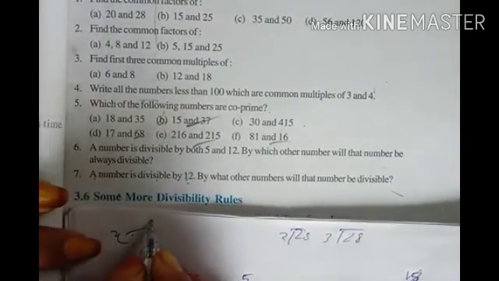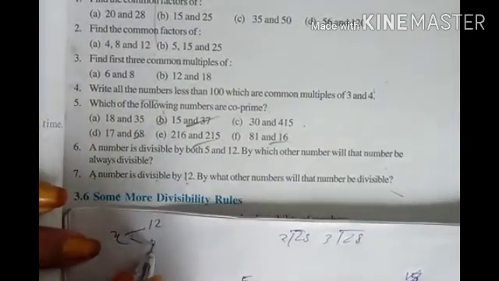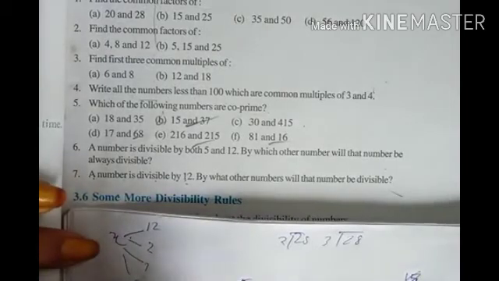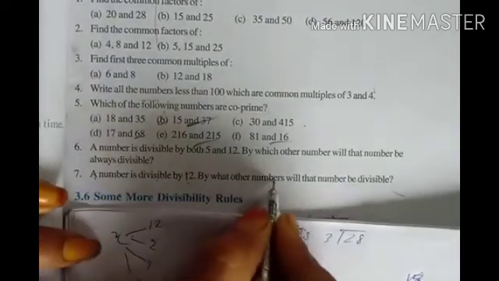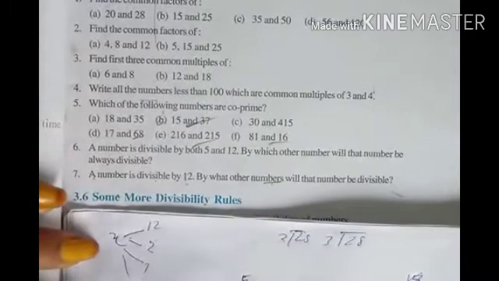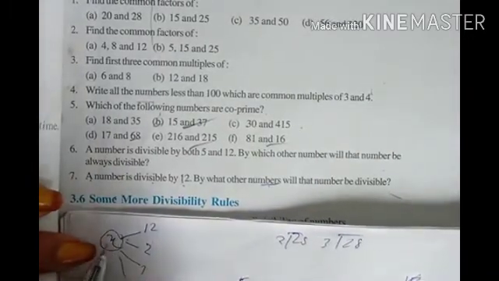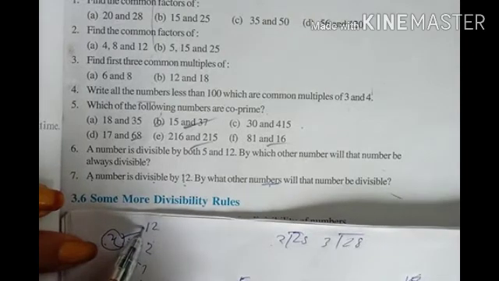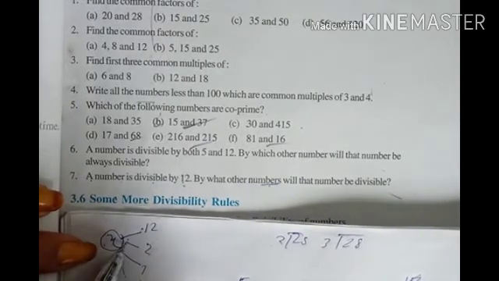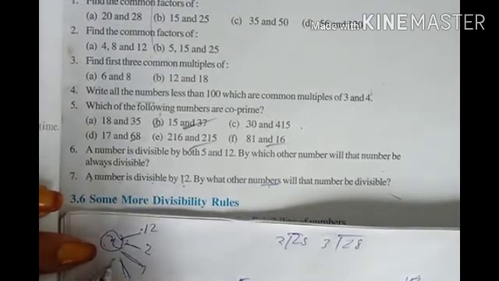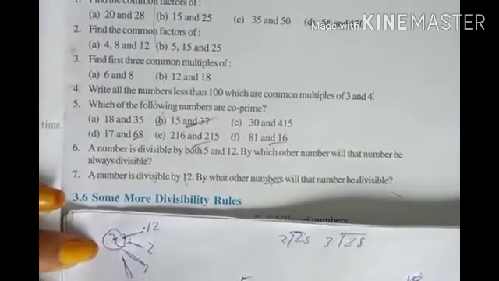Suppose this x is divisible by 12. Now by what number will this number be divisible? Here it is written numbers, isn't it? So there should be more than 1. So this is one number, and this number is divisible by 12. And by what other number will this number also be divisible? How will you find this?